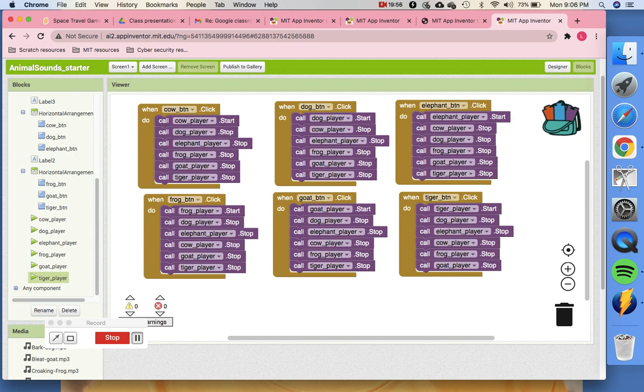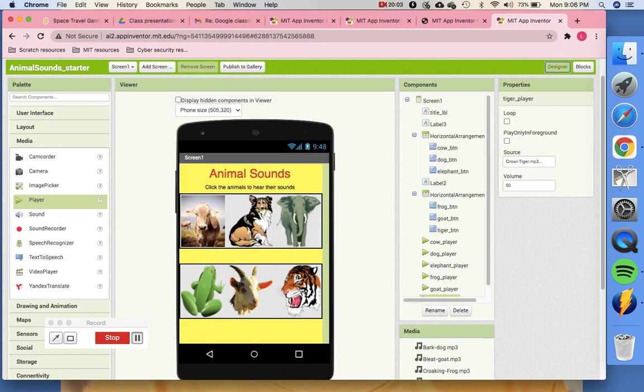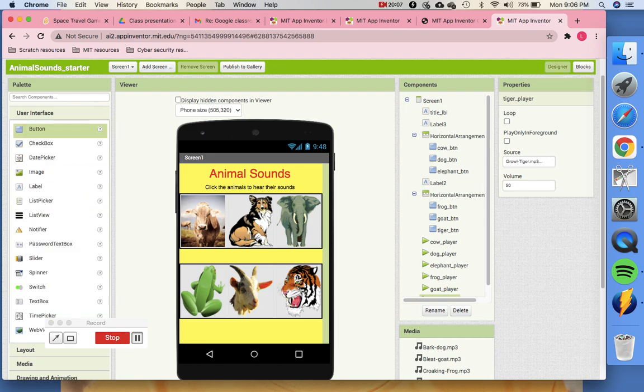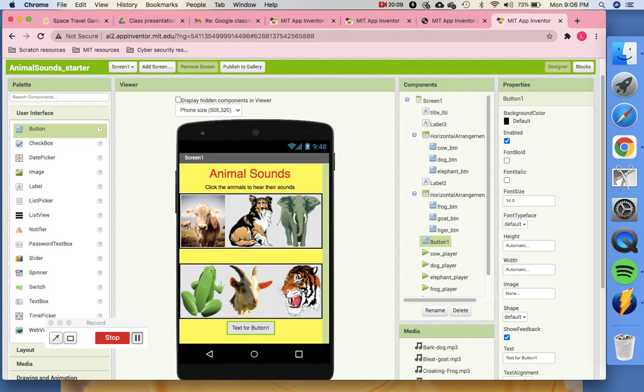Okay, now if you want to just stop the sound for some reason, you can also put a stop button. So let's do that. Let's go to designer. We have space here, so we can put a button. Just go to user interface, pull a button here. This text for button, you can just change the text. Come to the properties of this button, you can call this stop button.